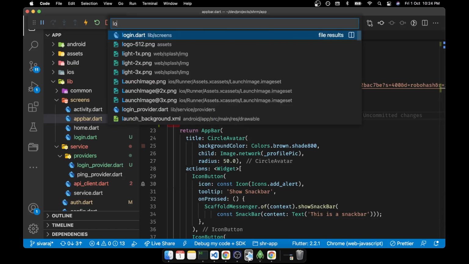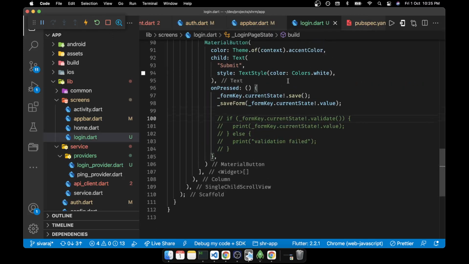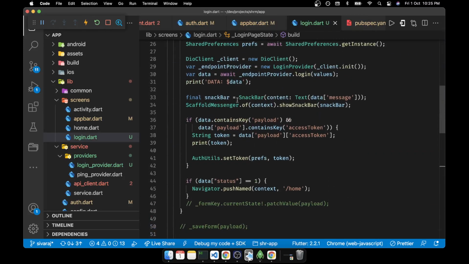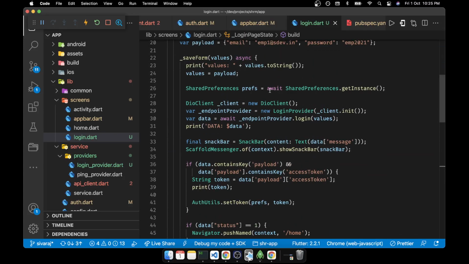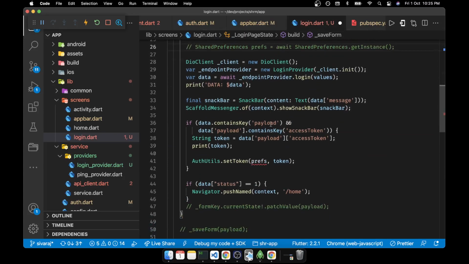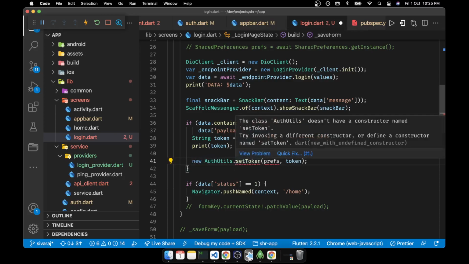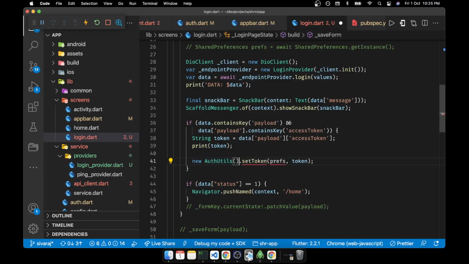We have to check it once in the login page. After getting this one, we don't need shared preference now. So the new auth utilities function dot.